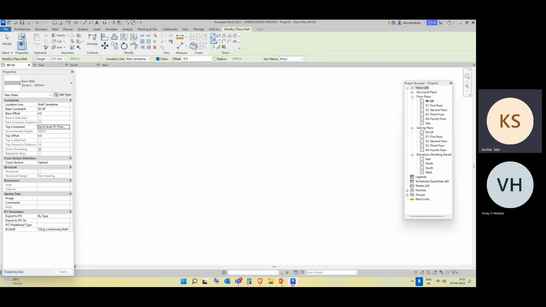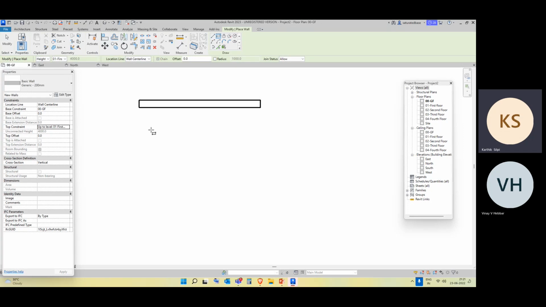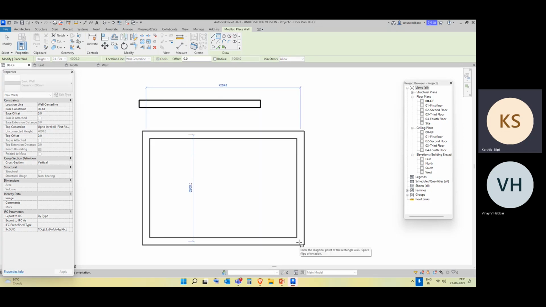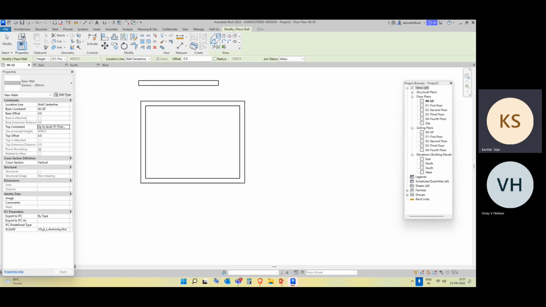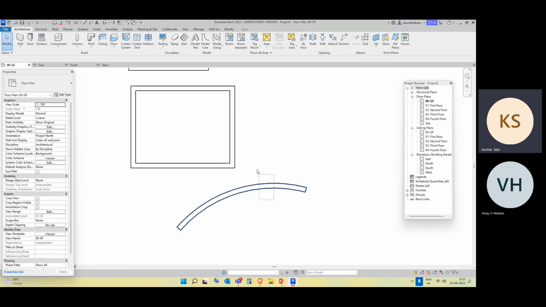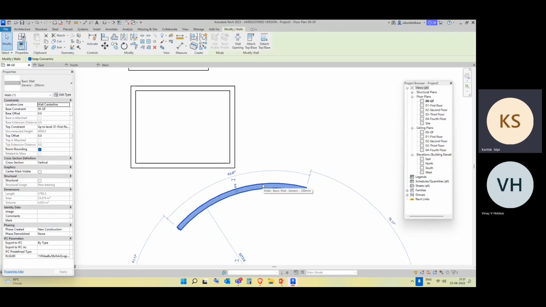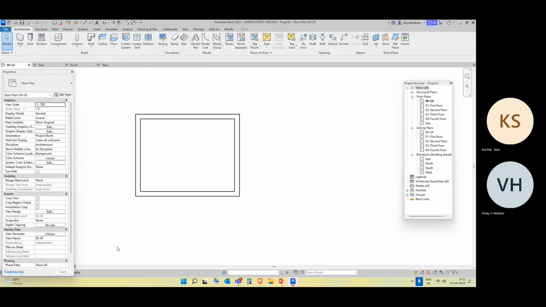The draw tools are present over here. If your wall is a straight line, you can select this type. If your wall is a rectangular wall, instead of selecting this, you can select this one. If your wall is a curved wall, you can select this type, just start, end, and give a point like this. The beauty here is that I've drawn all these things in only 2D, right? So this wall I've drawn in 2D, and now